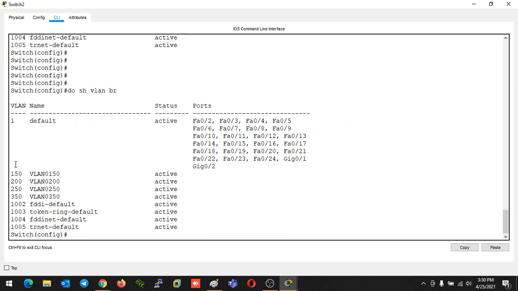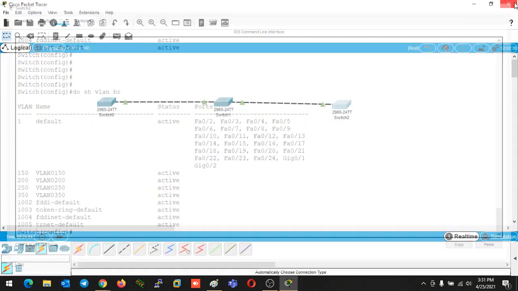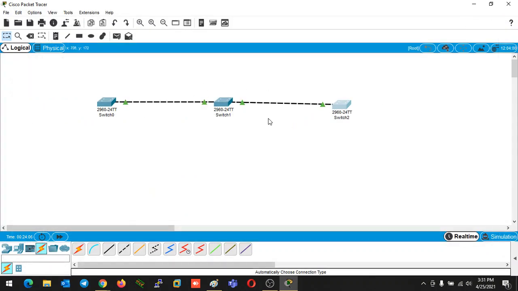That means what I told you in the last class: on a transparent switch, if you create any VLAN or make any changes to the VLAN database, there will be no VTP message generated by the transparent switch. The same thing also happened here. The transparent switch is not sending any kind of update. So the transparent switch is working like a standalone switch, but whatever it's receiving, it's not implementing to itself, it only passes it on if the domain name is same or the domain name is null. Okay, so now we will discuss the VTP password.